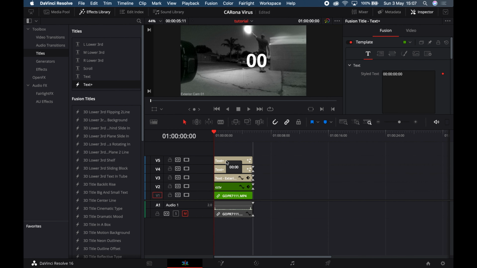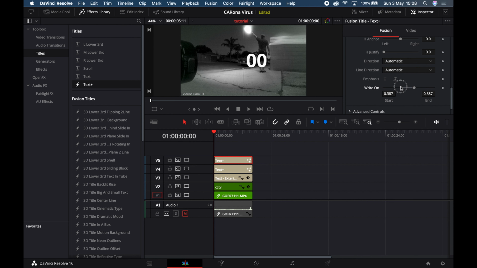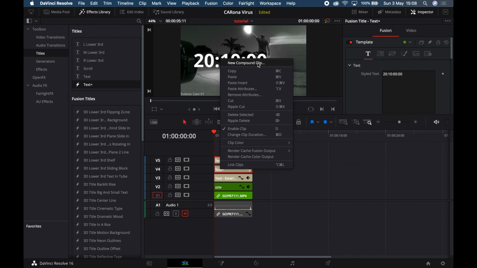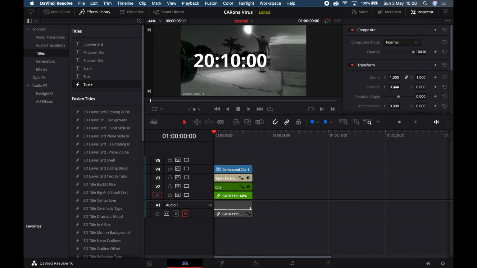But we want, let's make up a time. So let's say this is like 10 past 8 or something like that. So I'm just going to drag this above, and then I'm going to go in here and unkey it to 20 and then 10. So it's 10 past 8 in the evening in 24-hour clock. But we need to add back this part, and then we need to take off that bit here, so drag it until it all fits. There we go. Okay, so then I'm going to select both of these, new compound clip, call it whatever we want, and then I'm going to change the size of this to 0.5, no, even smaller, 0.3,